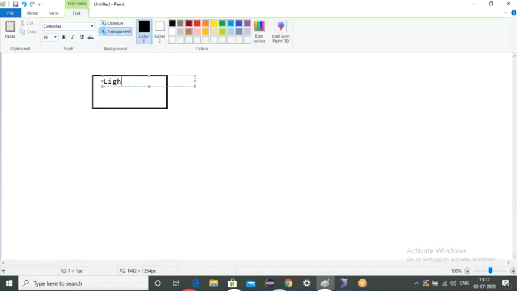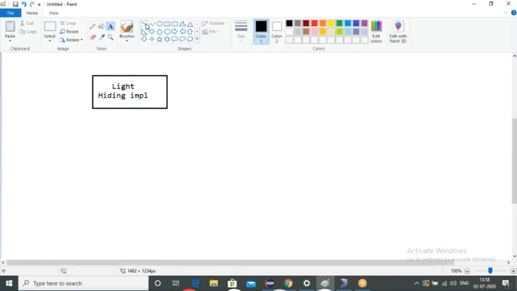Here, consider I have a light. This implementation is hidden. Clear? This implementation is hidden.